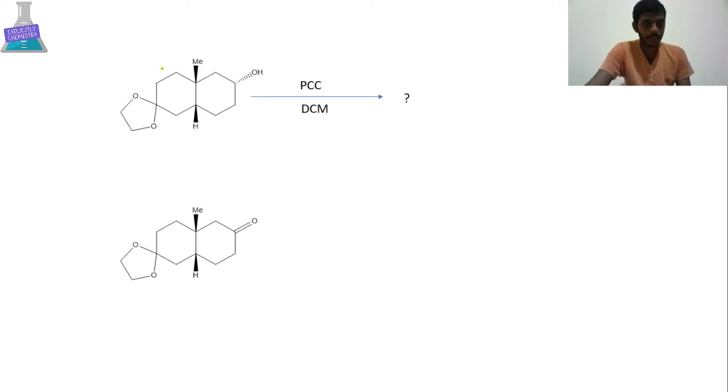See this example. This is the ketone protecting group. If we hydrolyze this one, this will convert to ketone. We are adding PCC in presence of DCM. Only this alcohol is oxidized to ketone, and thus the product of this reaction.